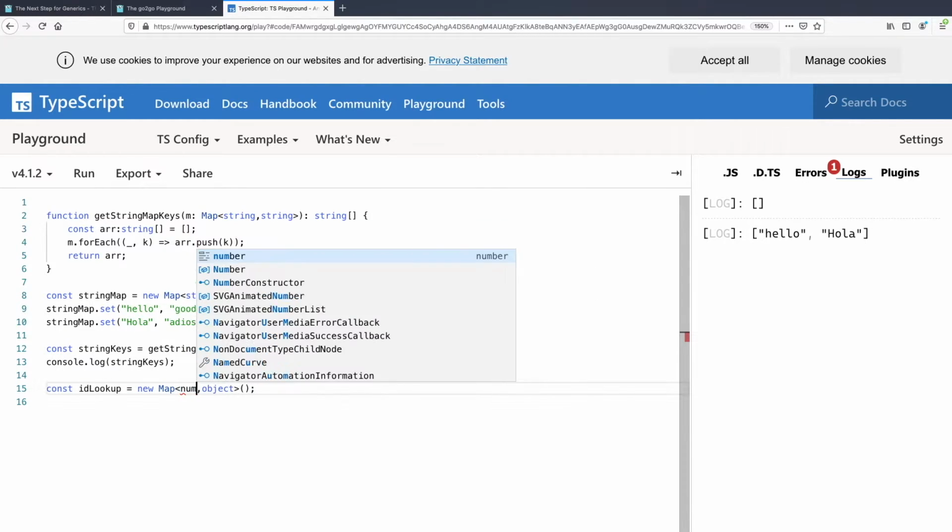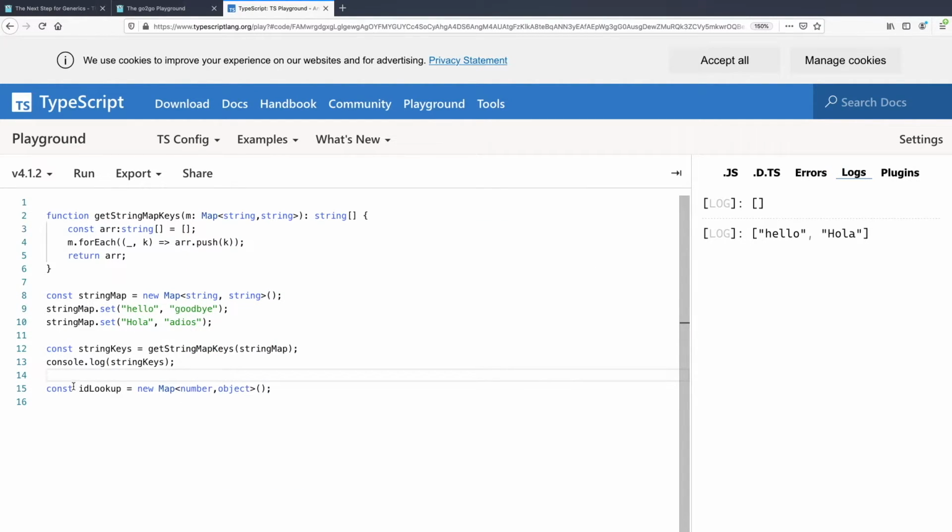So it's like some kind of in-memory database where I look up an ID and get back an object for, say, a user. If I wanted to get the keys of all the IDs, I can't use this method because it's specifically for maps of strings to strings, and that's not what we've got here.